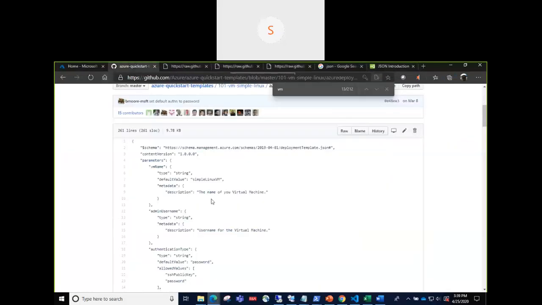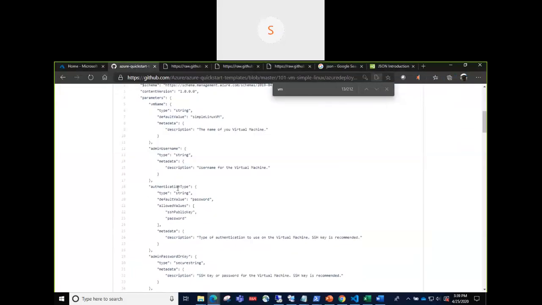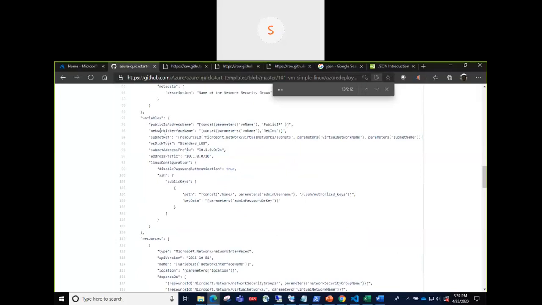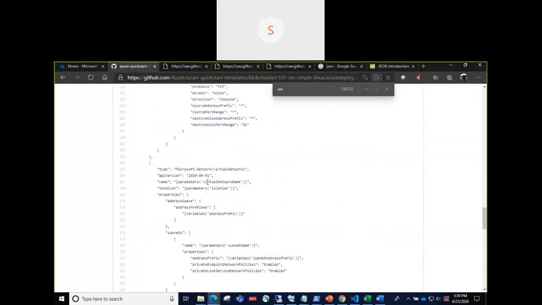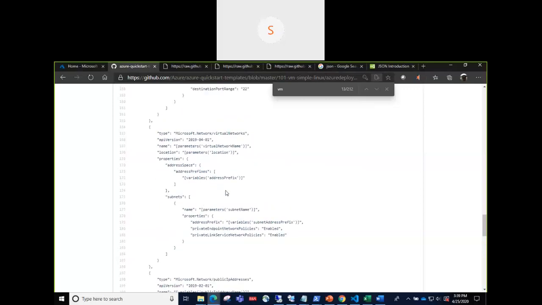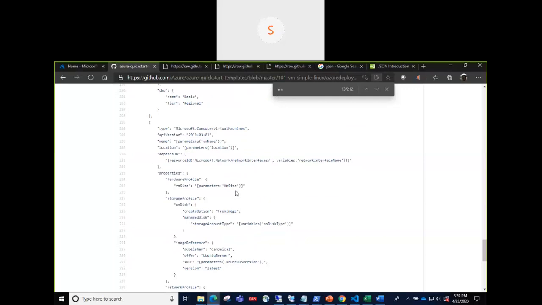Going back here, same thing, the username and password we talked about. See the resources here. These are the variables. Variables again, it will be the network interface name, OS disk type, and the address prefix which is needed for virtual machines. Once you do this a couple of times, it comes naturally to you whenever you create a virtual machine using an ARM template: these are the parameters I need to give. So practice is the only key. You need to practice that.